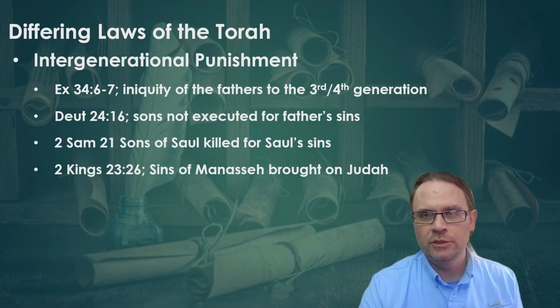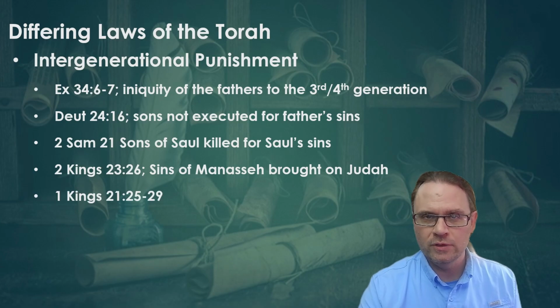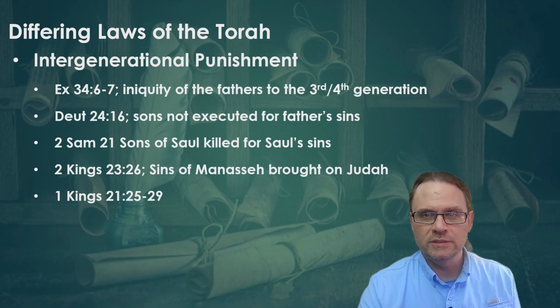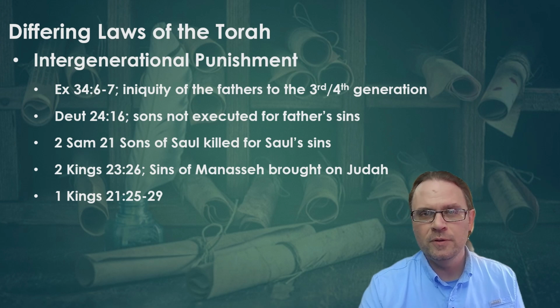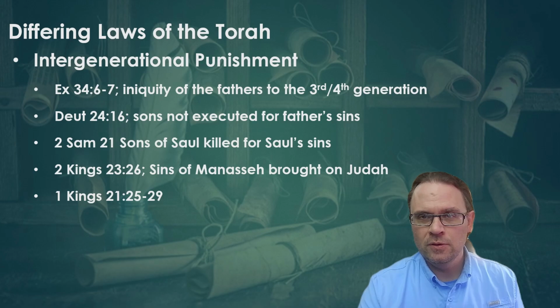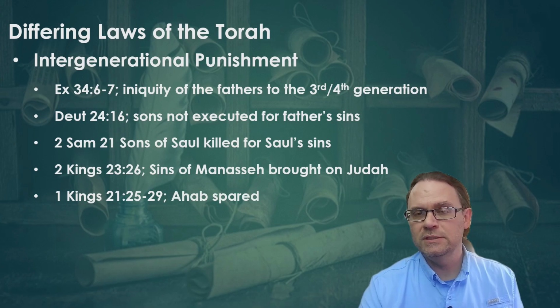But maybe one of the most curious stories of intergenerational punishment is with Ahab, who is presented as perhaps the epitome of an evil king who rejects Yahweh. For there was none who sold himself to do evil in the sight of Yahweh like Ahab. Elijah confronts Ahab in the very vineyard for which he has just murdered a man, and tells him that his entire household would be destroyed for his sin. When Ahab tears his clothes and puts on sackcloth in mourning and ostensibly repentance, God relents a little and says that he will not bring the disaster in his days, but in the days of his son.